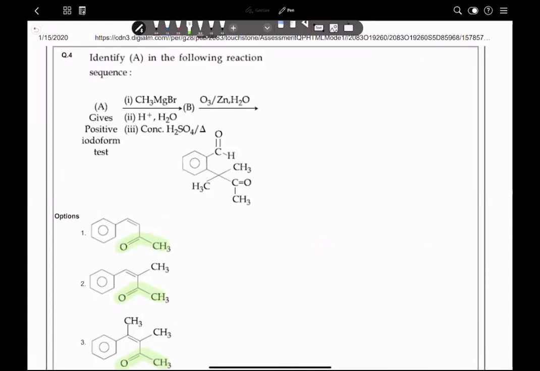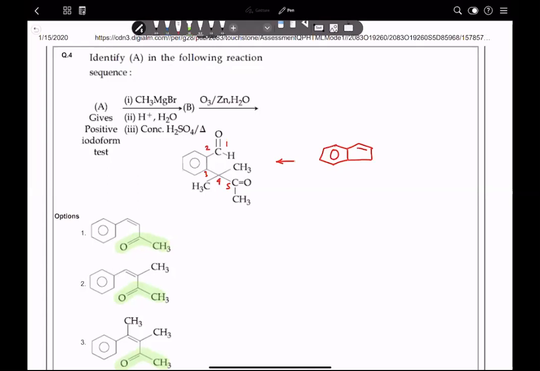And then it is given that it is treated with CH3MgBr, followed by H plus and water, then concentrated H2SO4 with heat, and finally ozonolysis. And the ozonolysis product is given. That means before that, the possible alkene you can write. The possible alkene, you can count carbon first. This is 1, this is 2, this is 3, this is 4, this is 5. This is one possible form. Ozonolysis produces this group,